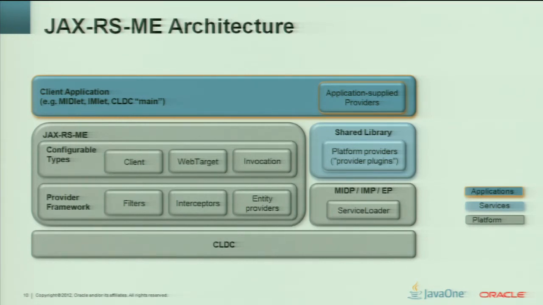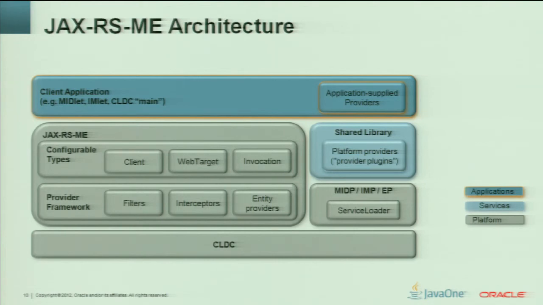But in this case, we can use the service loader to plug additional things into the provider framework, using the concepts that we have here. So basically, we can use shared libraries to extend the behavior of the JAX-RS-ME